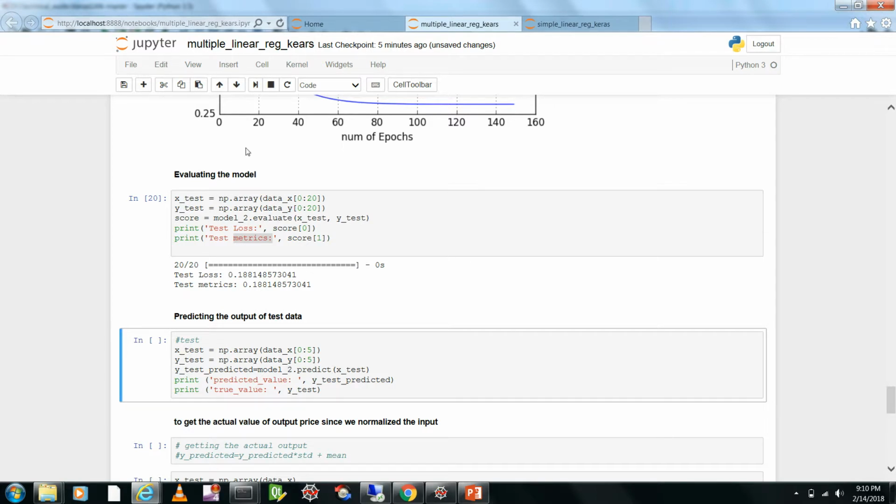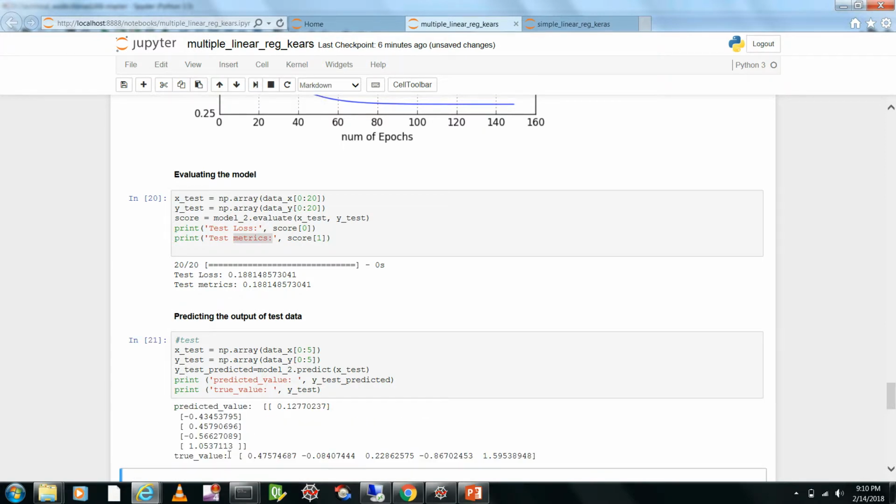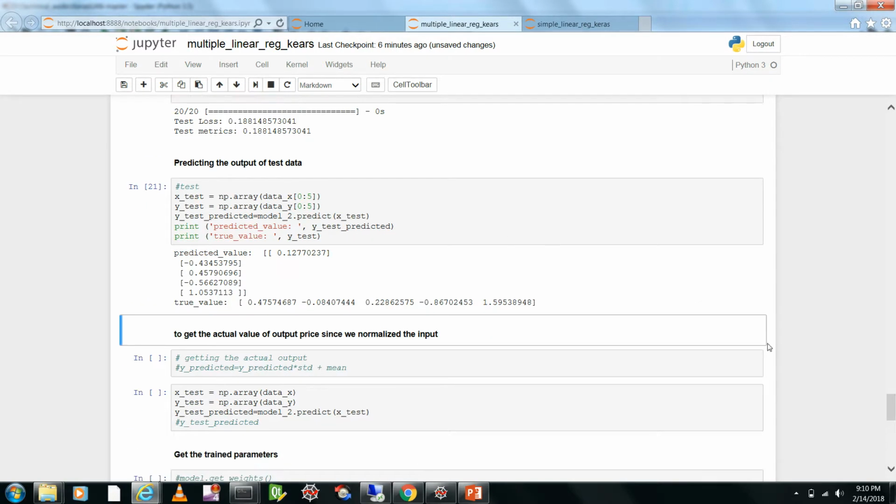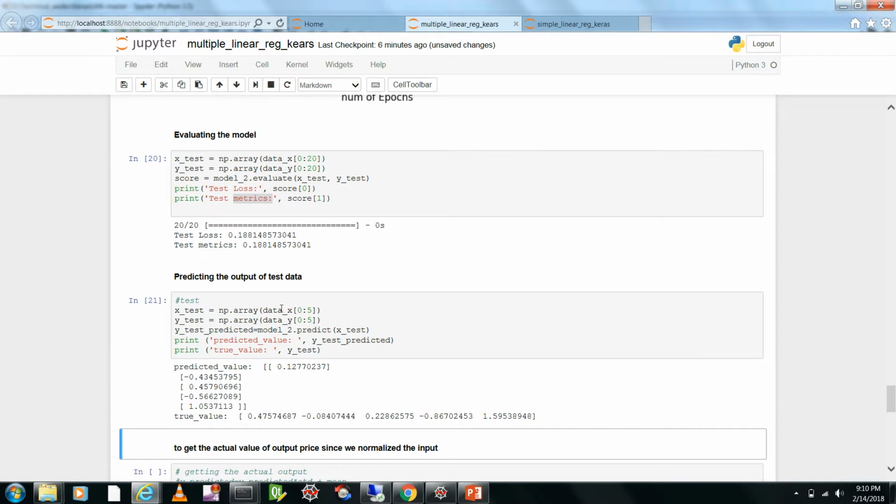I'm using 5 values here. Given any single sample, you can predict it, and I'm comparing with the true value since I know its true value. So just do a comparison. It is similar to doing model.evaluate, but in this case you need not do comparison, because in real life when you get a test data, you will not know its output, and that's the goal, to predict the output